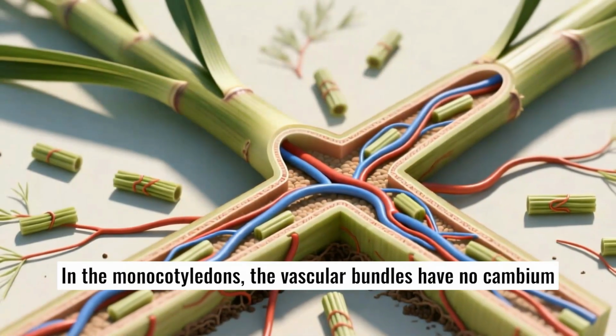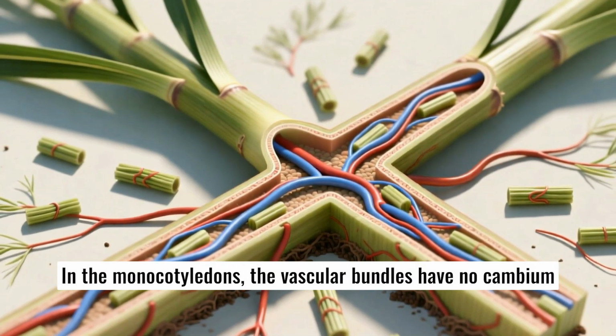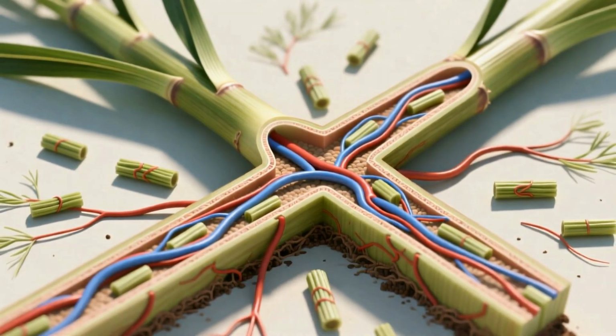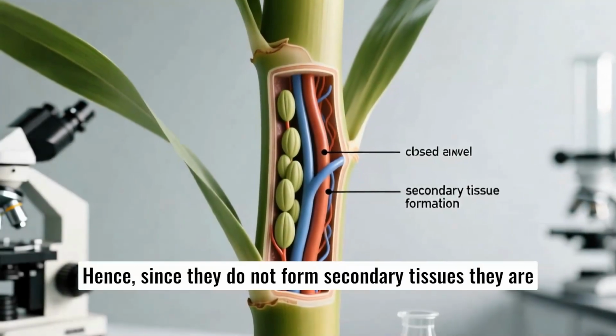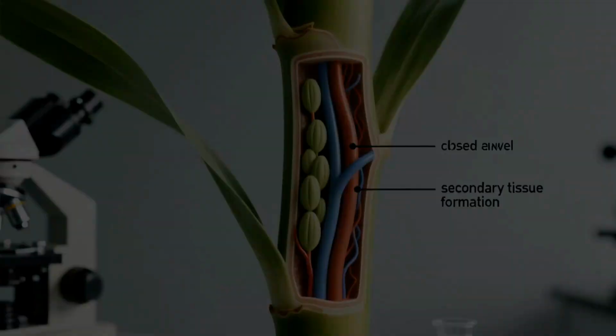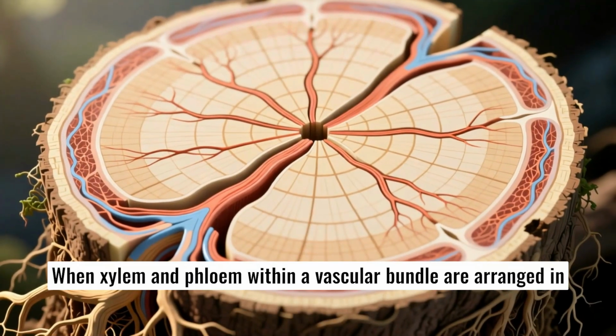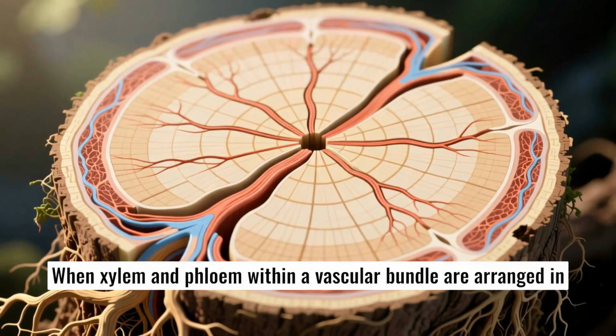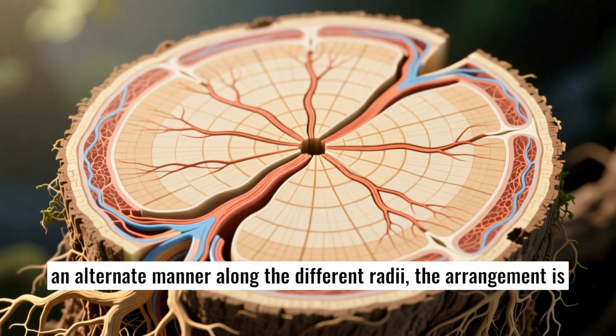In the monocotyledons, the vascular bundles have no cambium present in them. Hence, since they do not form secondary tissues, they are referred to as closed. When xylem and phloem within a vascular bundle are arranged in an alternate manner along the different radii, the arrangement is called radial,